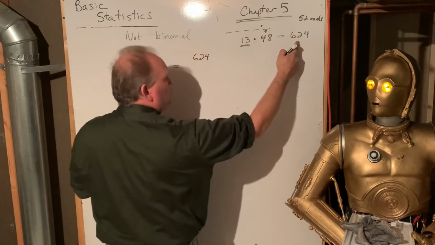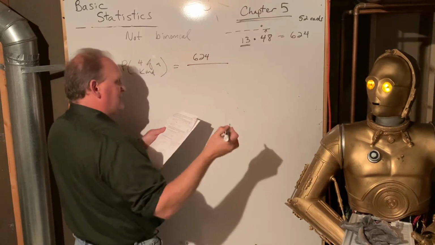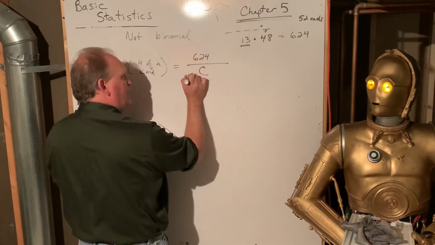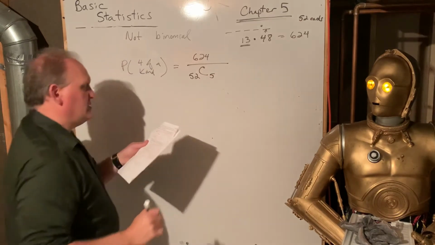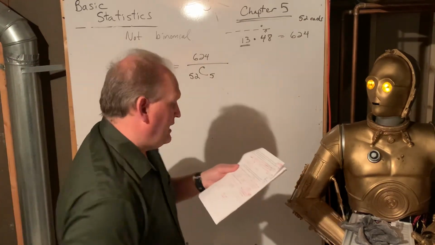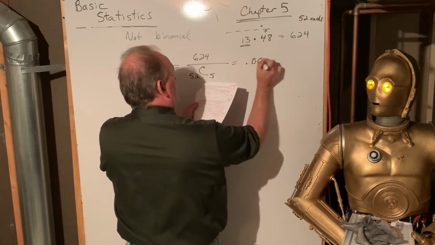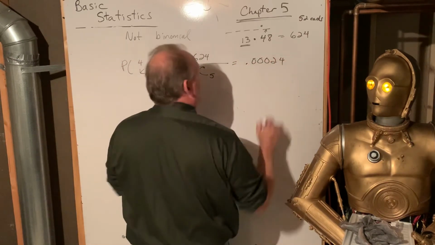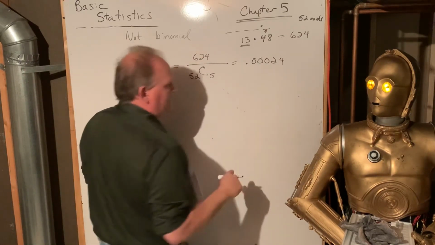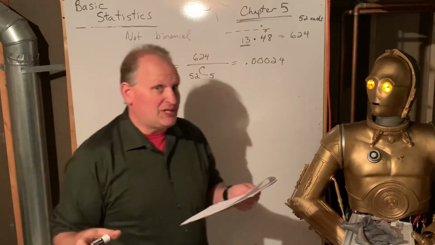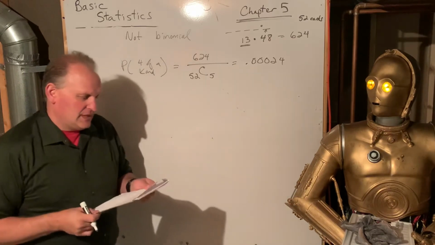So 624 hands would be 4 of a kind out of every possible hand, which we did in the past. That was a combination of 52 choose 5, which is a really large number. And so when we divide those two, we end up with a not very likely scenario. Less than 0.02% of a chance. So that isn't a 2% chance, it's 0.02%, less than 1% chance. All right. Okay,